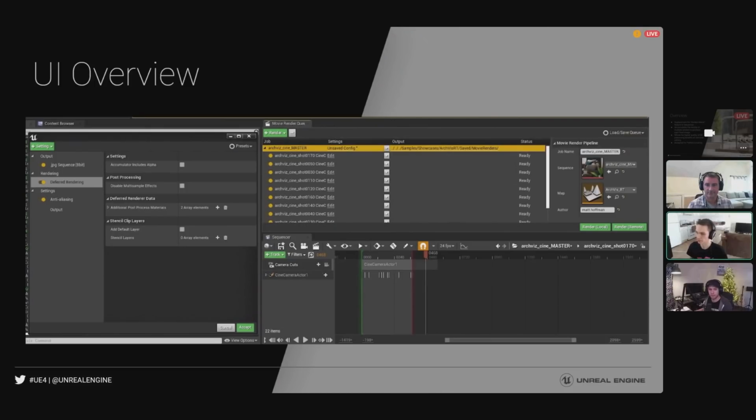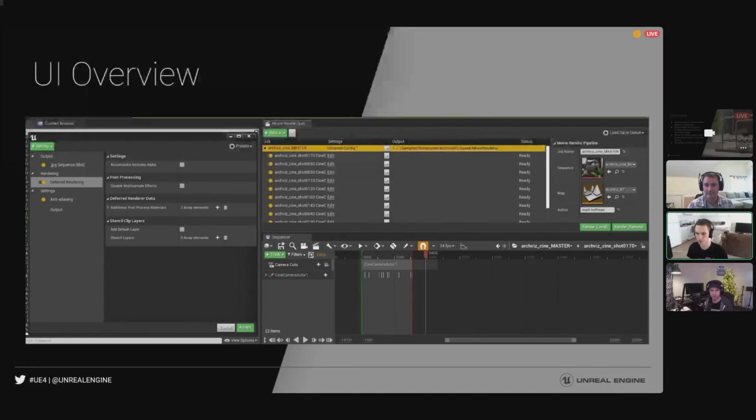In the top right here on this window, we have the movie render queue. This queue has more than one job, and it allows you to configure the settings for a job. You can have multiple jobs in a queue, and when you render them, it'll render all of the jobs in the queue. The reason for this is so that you can do more batch work, creating jobs, using different settings on them, trying them out, put them all in a queue, render them, and you'll be good to go.